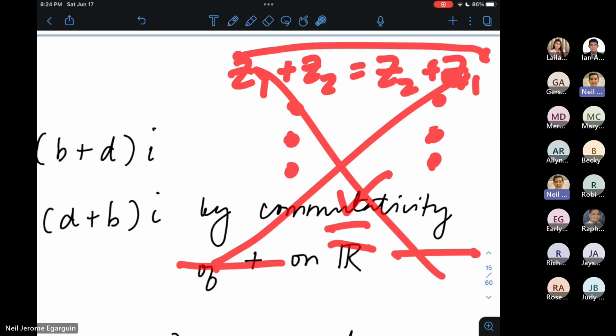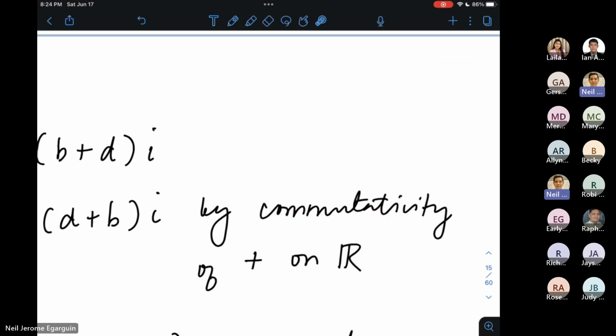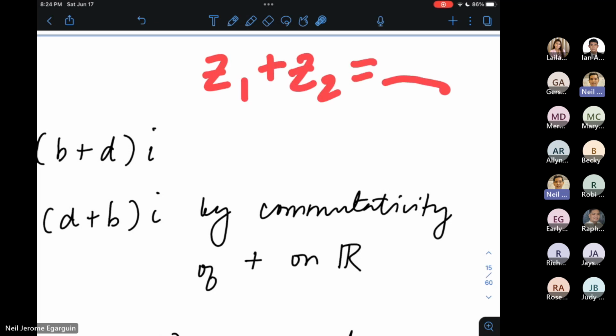When you start your proof by saying that Z1 plus Z2 is equal to Z2 plus Z1, you're already saying that what you need to prove is already true. You cannot use whatever you want to prove itself. It's as if you're walking into court saying that the accused is guilty because he is guilty. Hindi ganun nag-work, ano? So, kailangan yung gawin ay mag-start ka sa isang side,